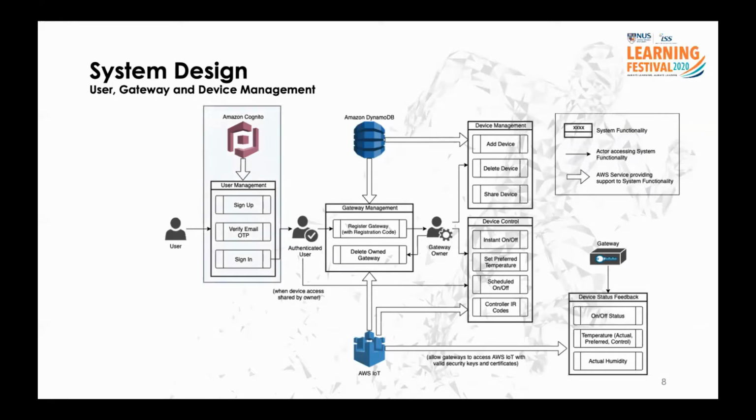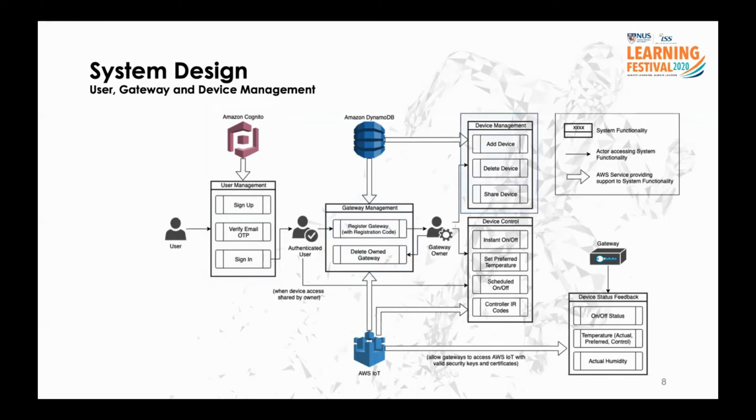User management is mainly handled by the Amazon Cognito service. A new user will need to sign up for a new user account before he can sign in to the system. After successful sign-in, he becomes the authenticated user who can now register or delete a gateway. After successfully registering a gateway, the user becomes the owner of the gateway, which gives him the rights to perform